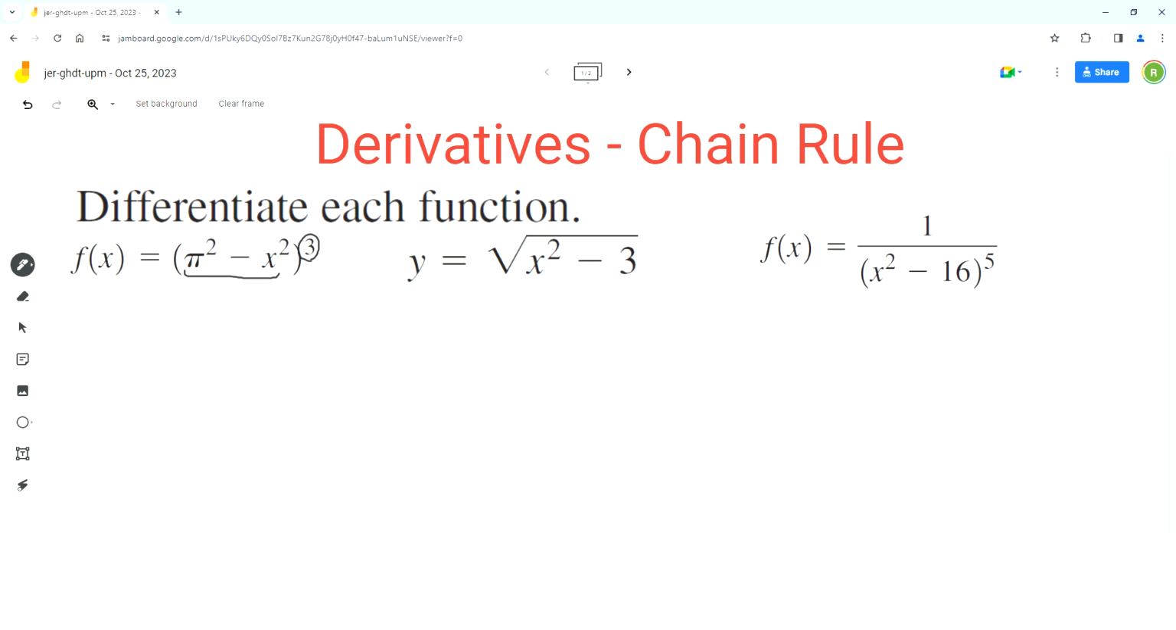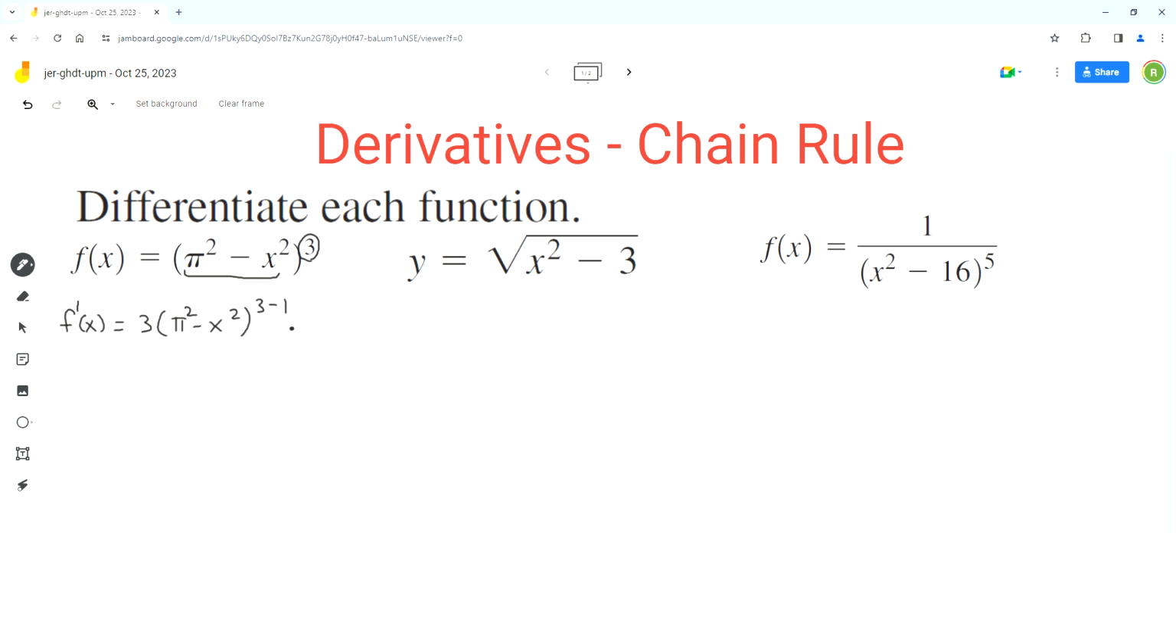So the first step in finding the derivative using the chain rule is to find the derivative of the outer function. So the first step is f prime of x equals. Now the outer function here is this exponential function. So we'll use the power rule. So we'll move the exponent to the front and subtract 1 from the exponent. So (pi squared minus x squared) exponent 3 minus 1